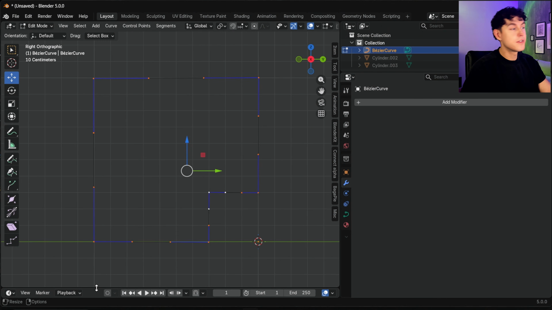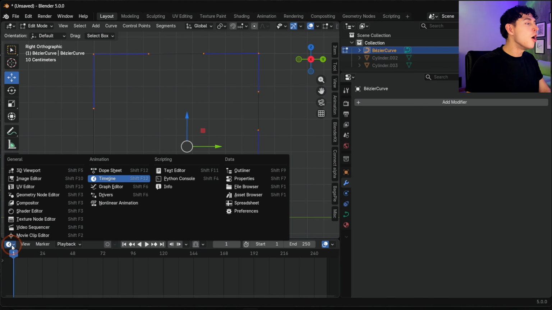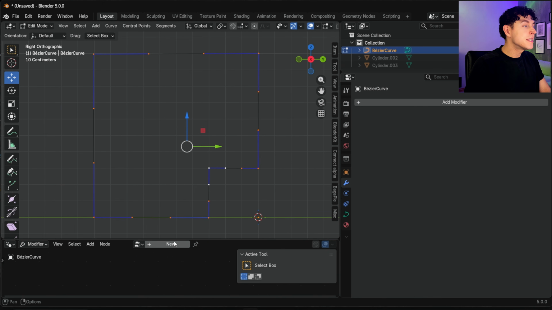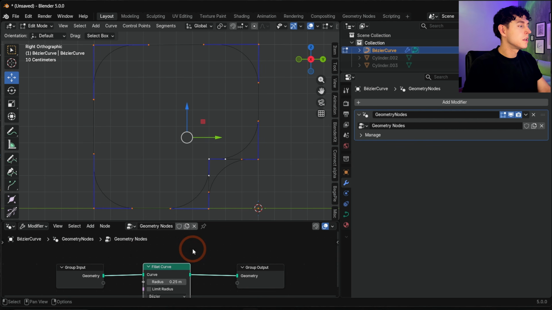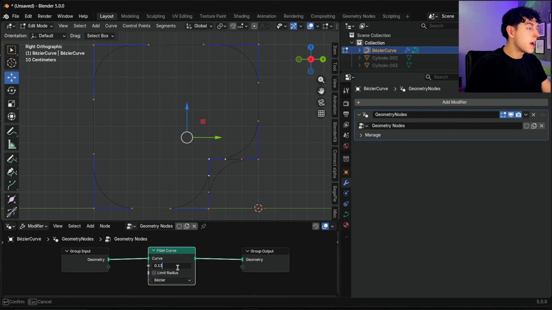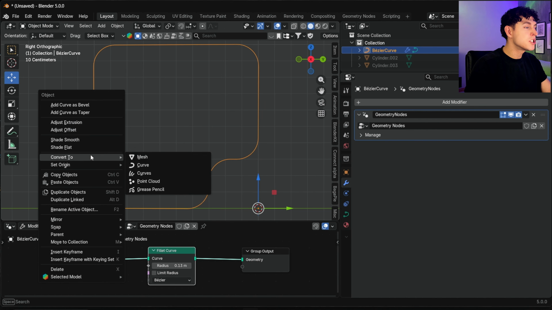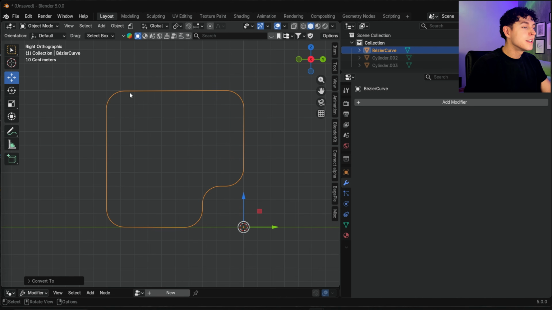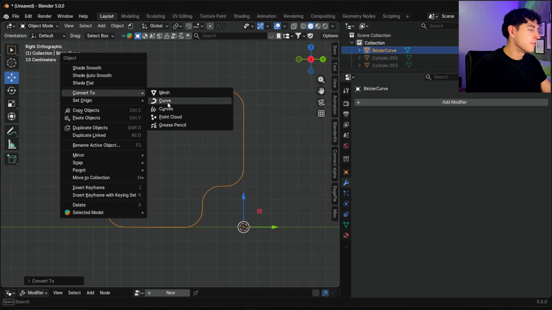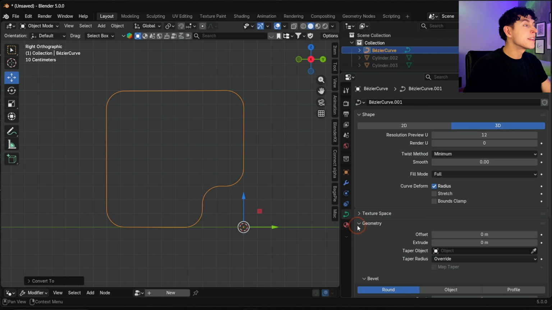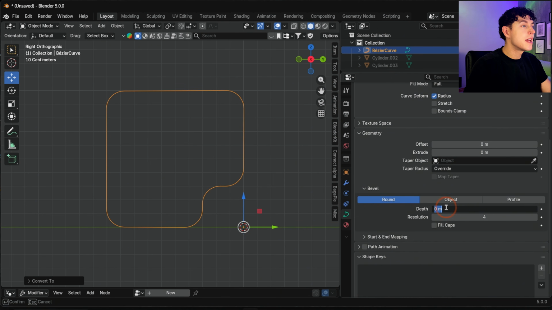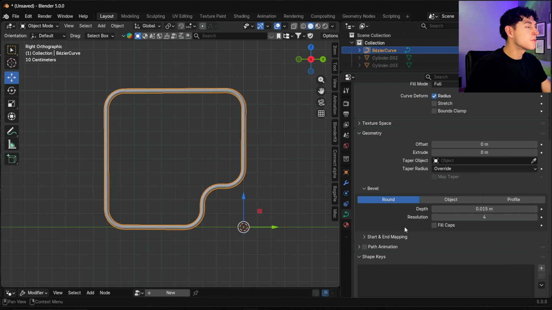In Blender 5, rounding curves isn't as straightforward anymore, so we use a workaround. We open geometry nodes, create a new setup, and add a fillet curve node. Once the curve feels right, we convert it to a mesh to apply everything. Then we convert it back to a curve. Now we give it thickness under the data tab, change the depth value, and increase the resolution so